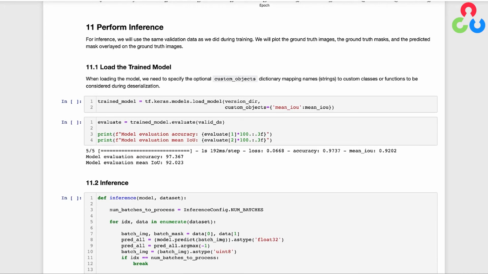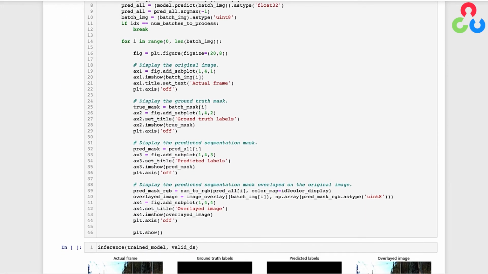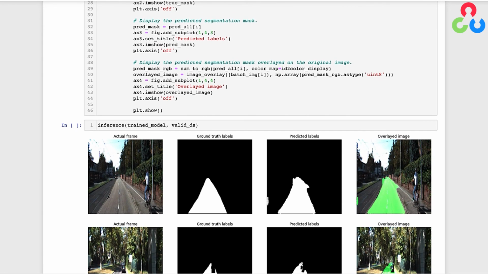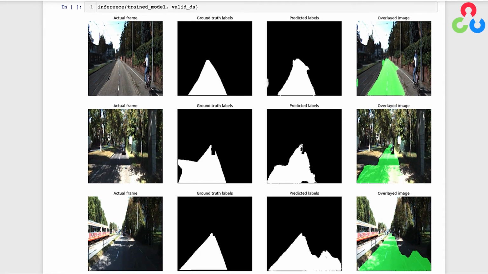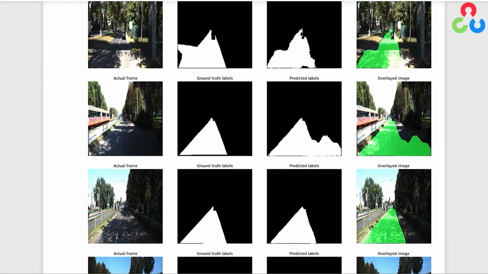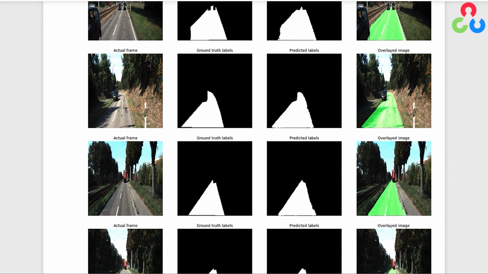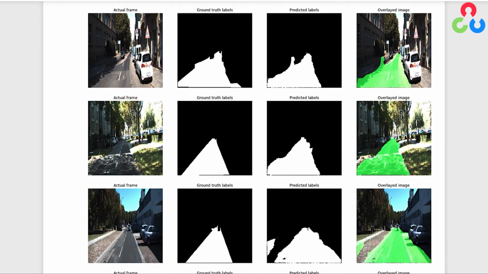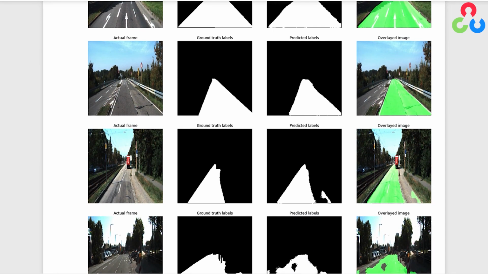And then finally, we have the same bit of inference code that we've used in previous notebooks. So let's just take a minute to scroll through the results and take a look at several different images. Notice that in some cases, the model actually performs quite well, but in other cases, it does have some difficulty in identifying the edges of the roadway. But again, very similar accuracy to the FCN model, although the failure cases between the two will be a little